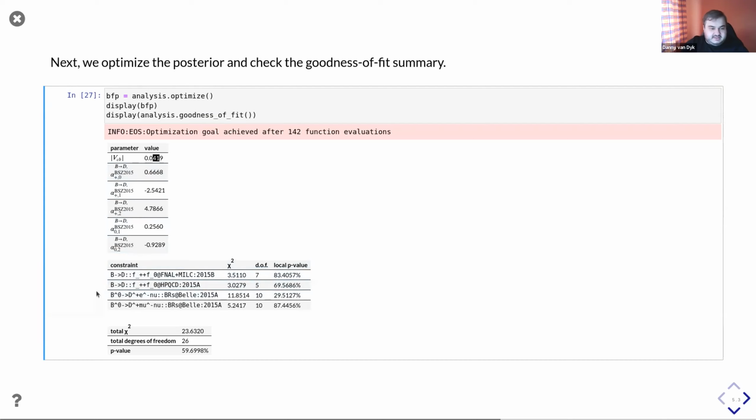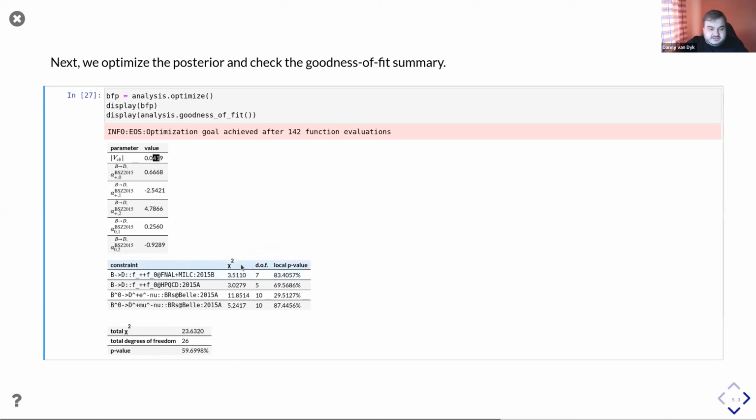For the goodness of fit summary, you find for each constraint the chi-square value, if applicable. EOS supports multivariate Gaussian likelihoods, but it also supports likelihoods that are outside of the family of Gaussian distributions. For those, of course, we do not list any chi-square value, and we cannot include these in the total goodness of fit summary.